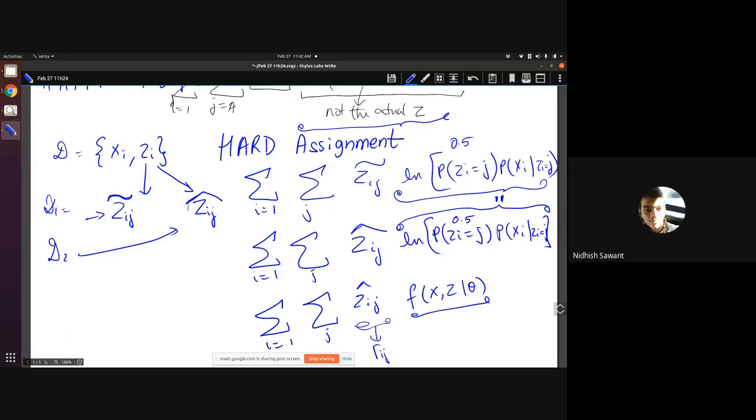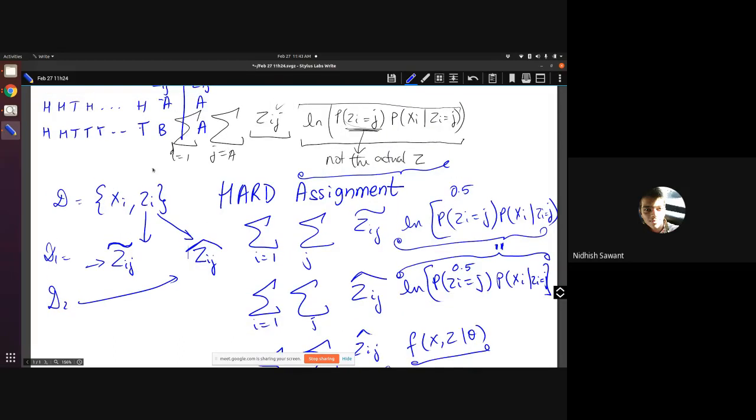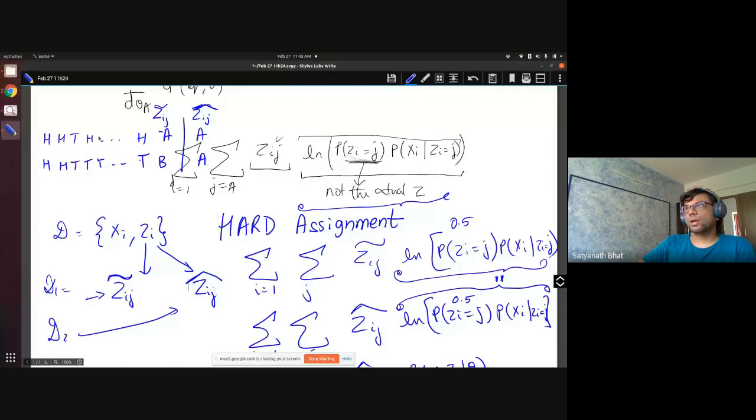Sir, if I give you two different sequences, like the above two sequences, this Zij will have different values for both the sequences. Zij can be the same, can be different. Anything can happen. For every sequence, you have two possible things. Let's say there are n points, and for every point there are two possibilities. So totally there are 2 power n possible values your Zijs can take, and I'm taking expectation over these 2 power n possible values.